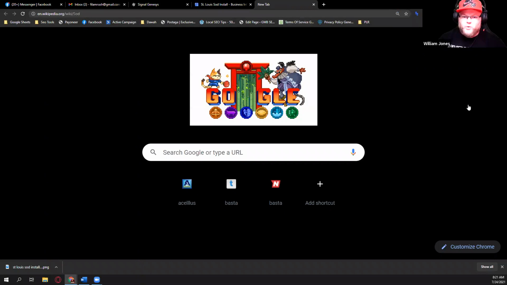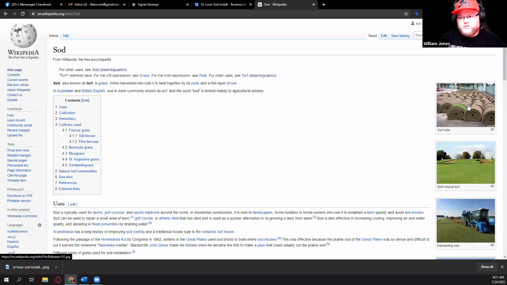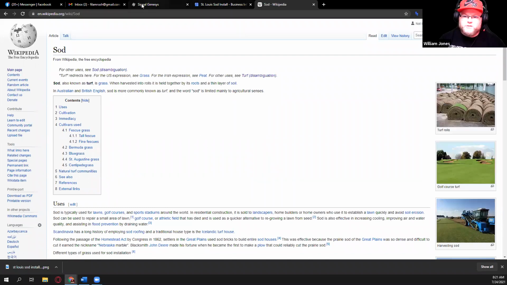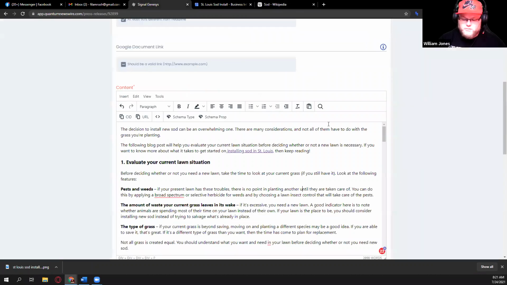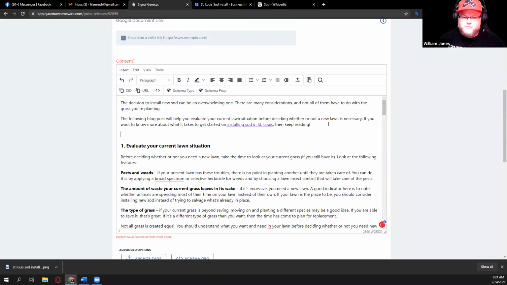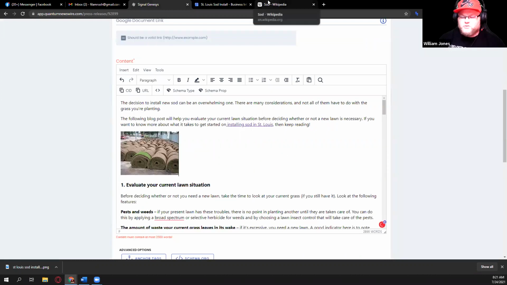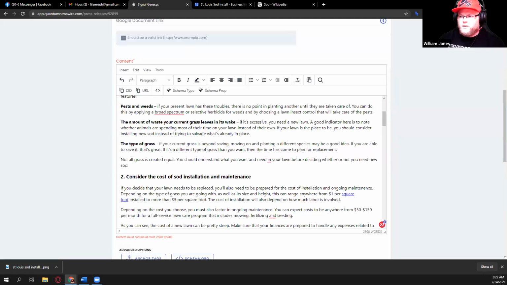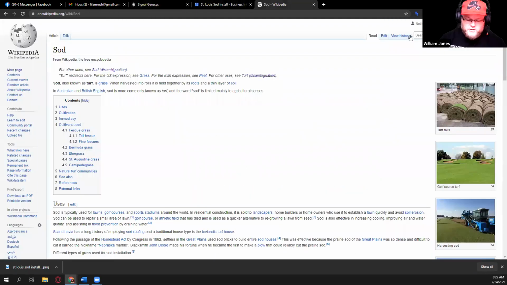I'm going to take an image from Wikipedia and insert it. That's just one of the things I'm going to do. Copy this image, right click on it, over here to my Signal Genesys, and I'm going to put this image in. Control V. Try right click, Control C, Control V, right? The next one I'm going to want, copy this image. All right? Next one I'm going to choose St. Louis